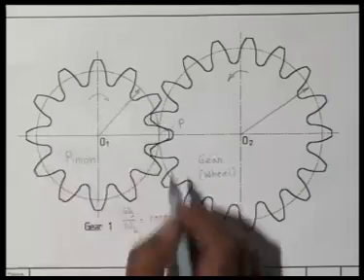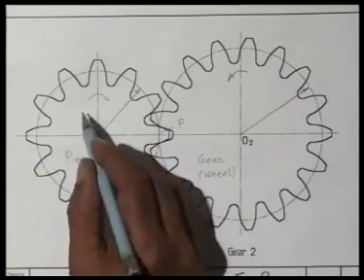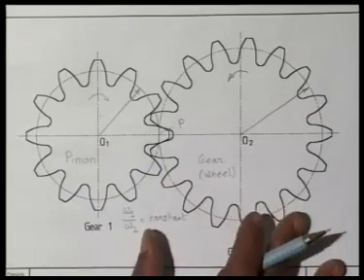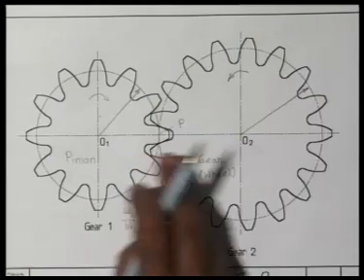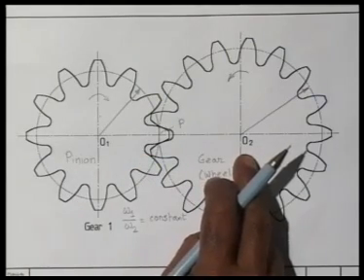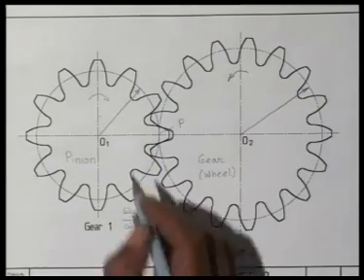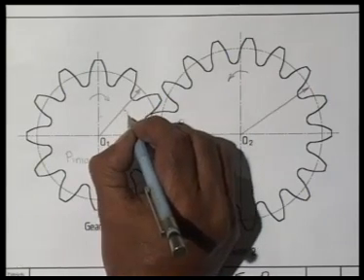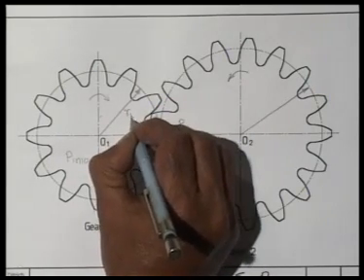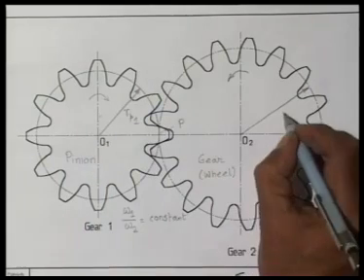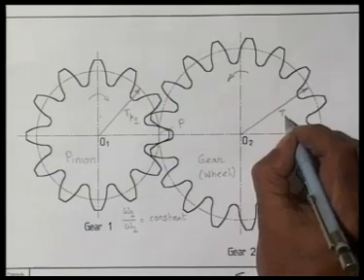Now, if we imagine these two friction discs, then one can drive the other without slip, and the same angular velocity ratio is transmitted. That means omega 1 by omega 2, if I call this radius rp1 and this radius rp2,